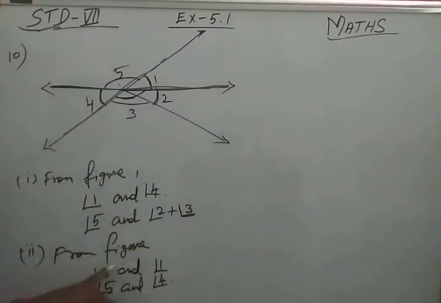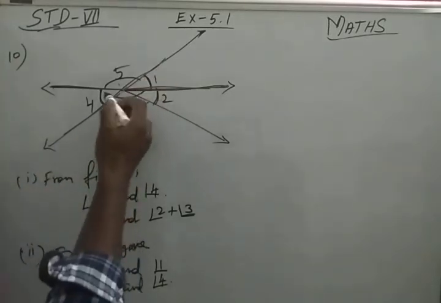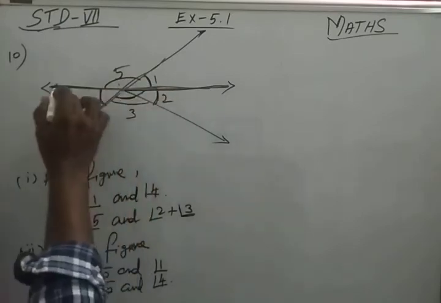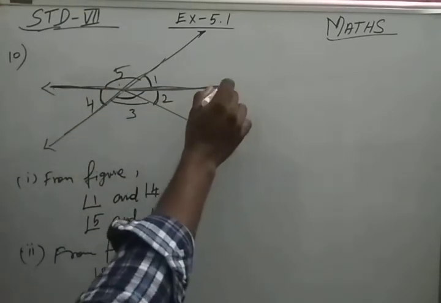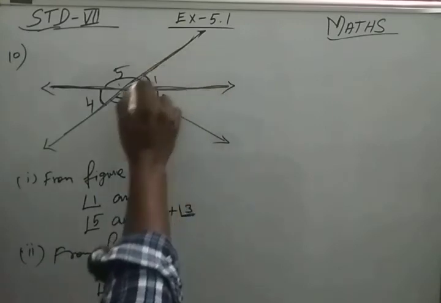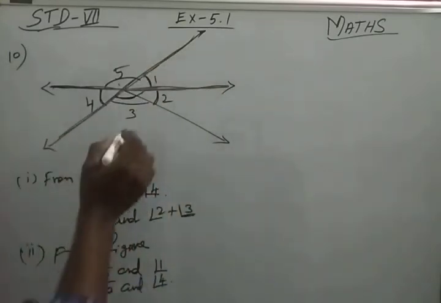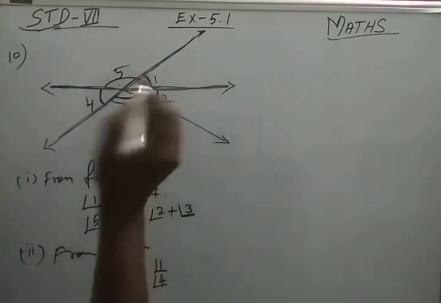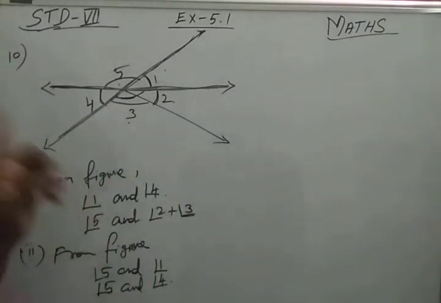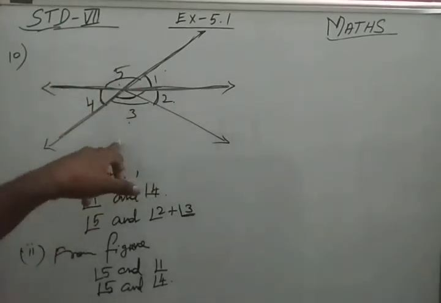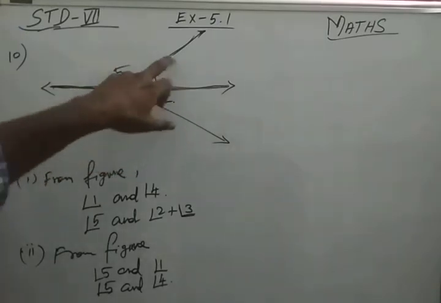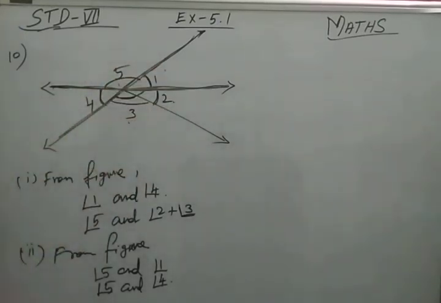In the same way, when you are going for the linear pair, it must give 180 degrees. You may ask, sir, why have you given 5 plus 1 as 180? Because this one gives 180 degrees, the straight line. In the same way, 4 and 5 give the straight line. And you can say that angle 3, angle 2, angle 1 make a straight line, but here they have asked only for pairs. Pair means it should always have only two numbers, so I have taken only 2 pairs. 1, 2, 3 is not a pair; this has 3 values, so I have not taken it.